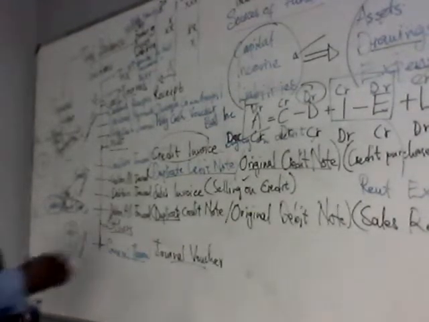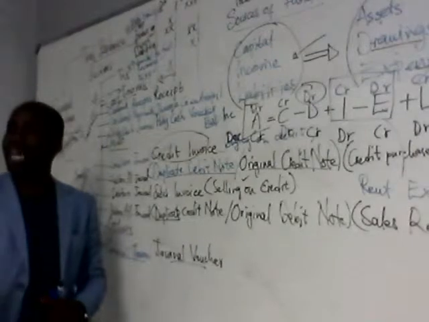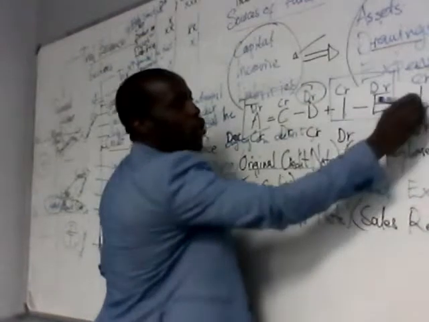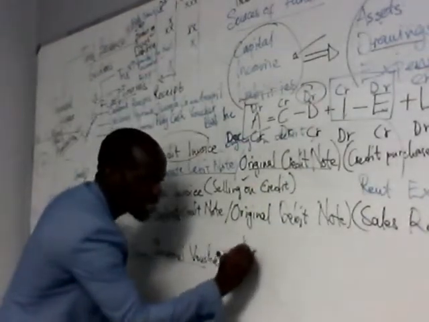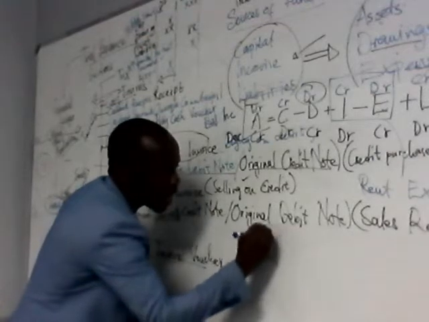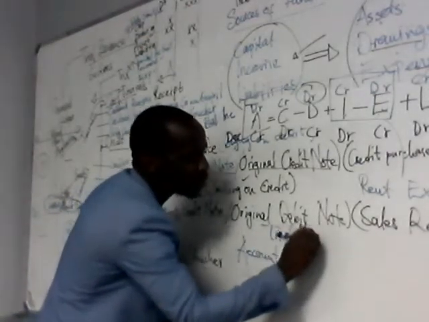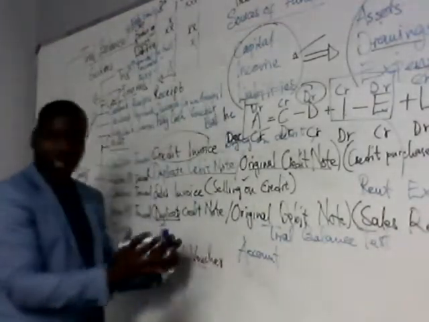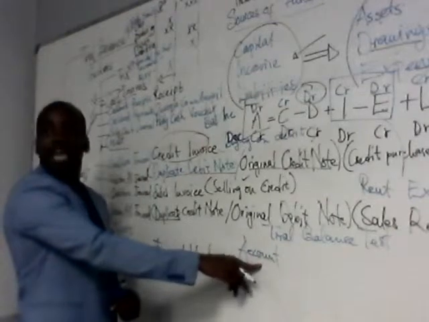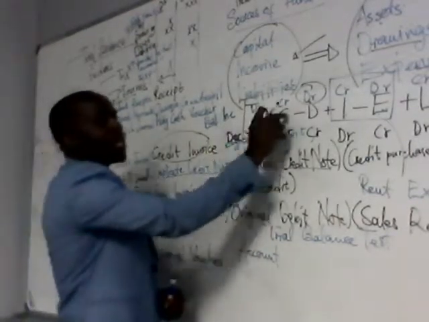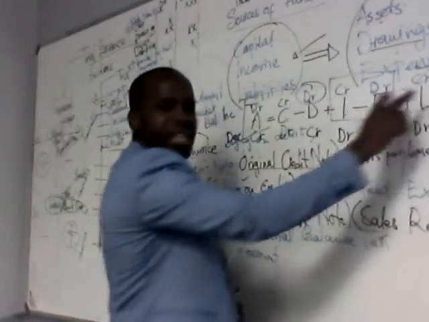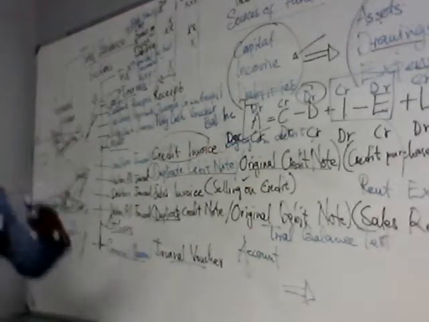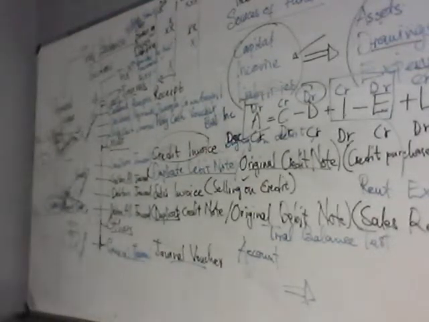So I don't know, like when we are applying a test, when you are applying a test, what do we start with? Number one, you must start with the account. Decide on where the account, is the account an asset, capital, drawings, income, expense, or liability? So the first decision that you will make is the account. Let's say this is a trial balance, a trial balance test. So once you are testing your trial balance, you firstly say, I've got the account. Is the account an asset, capital, drawings, income, expense, or liability? Once you've decided that, let's decide where do we go. Do we decide on the section or do we decide on the debit and credit?